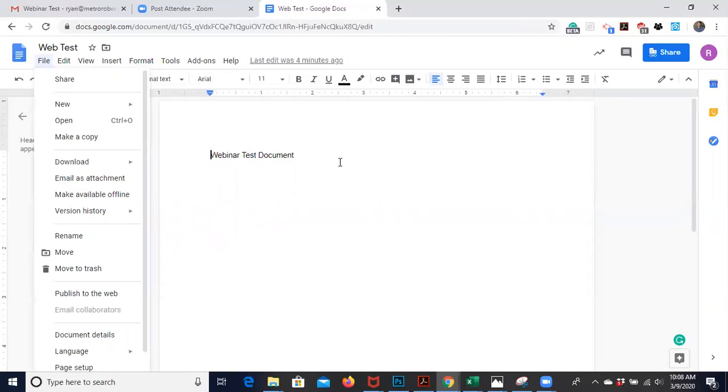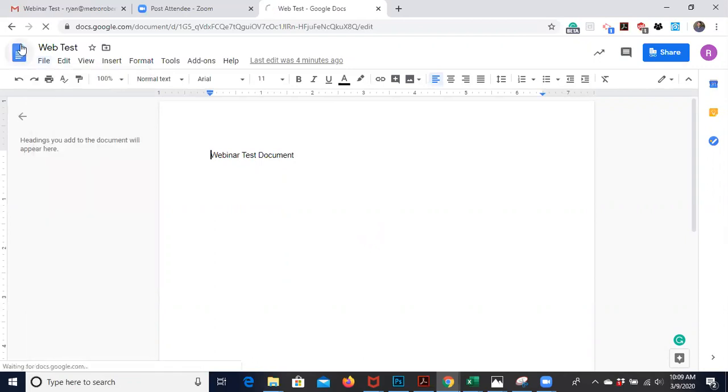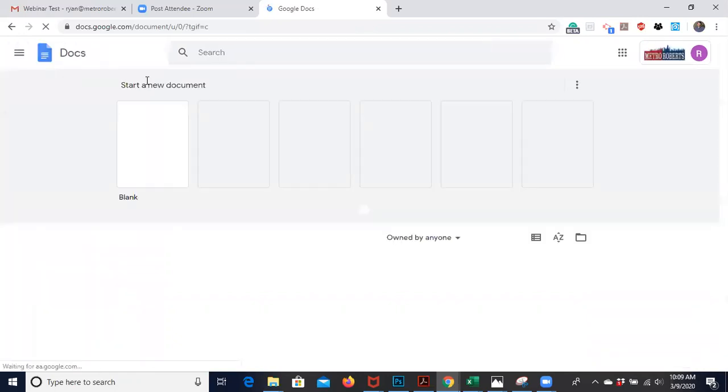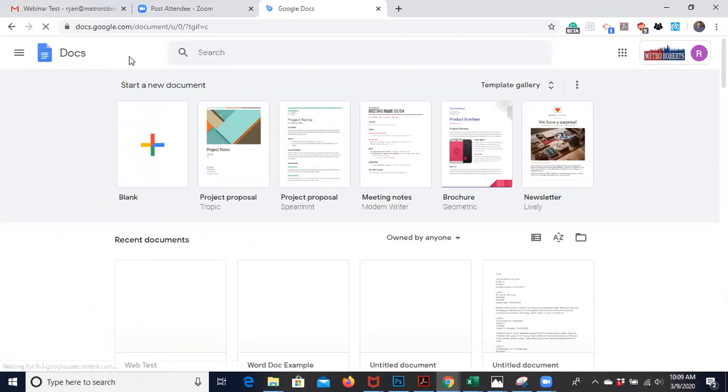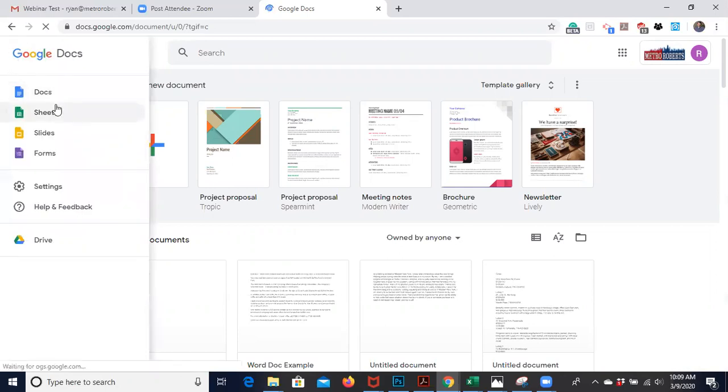So there's a lot you can do here. It's very, very simple, very common, and it is again free. It is easy to use, and it's a good alternative for the Microsoft Office. So let's go back. As I showed you, you can access all of the apps just from having one of them already open and in use. So if you click these three little lines here, let's take a look at the